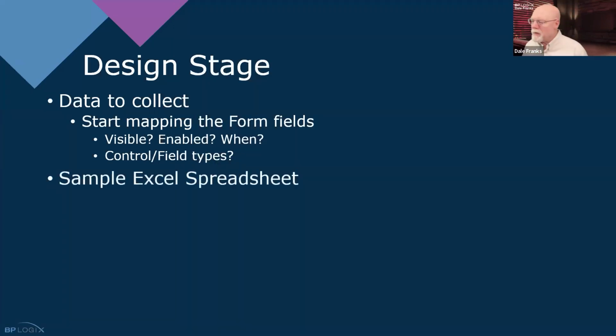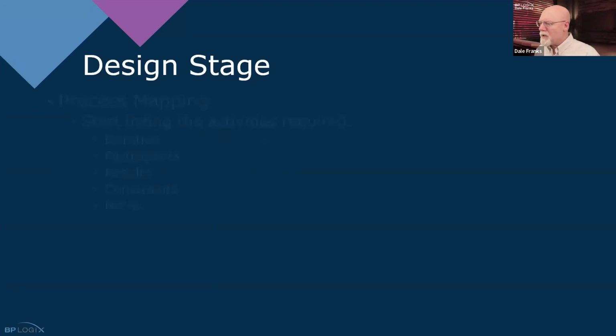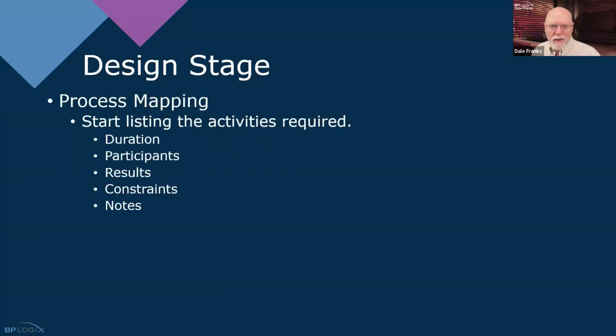But as far as the form goes, we have that spreadsheet that gives us our very first knowledge about what the application is going to look like, because we can begin constructing the form. At the same time as we construct the form, we're probably going to have to also take a close look at the process. Forms and process timelines operate interdependently. It is often not possible to completely configure a process timeline until the form is configured, and vice versa, because the interoperability between forms and process timelines is so high.